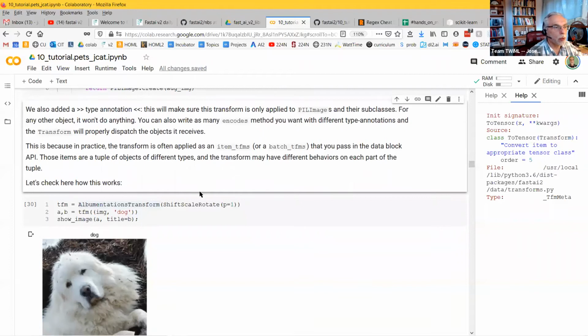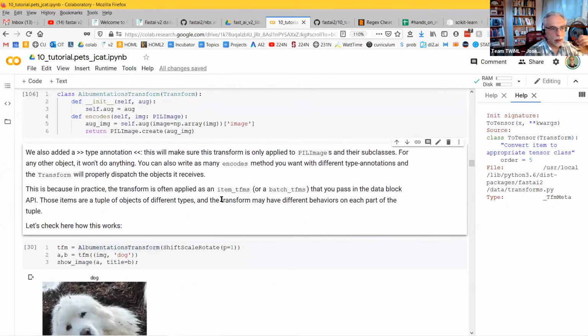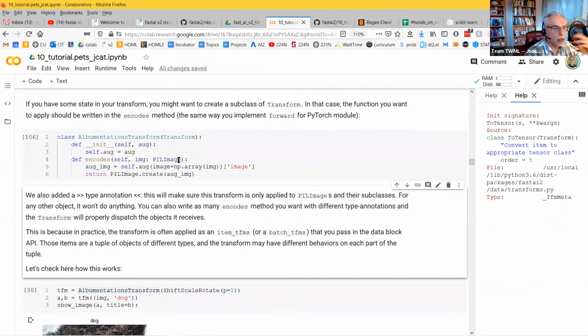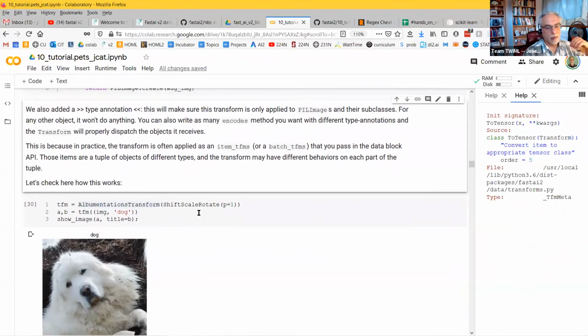So he's basically morphing this language into something that he wishes it were. That's what FastAI 2 library is all about. It's about making Python and PyTorch, molding it into the language that Jeremy thinks it should be. So anyway,